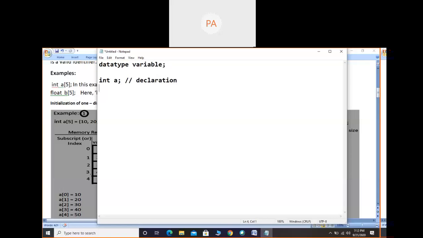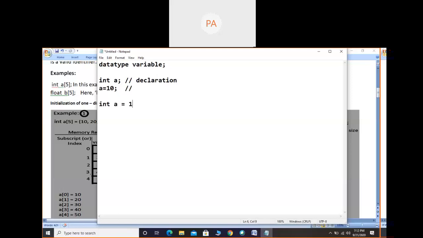At the next line also you can write the value in this way. Two statements I have written: declaring the variable, and initializing the value. At this point you can say we are giving an initial value. So those two statements can be combined by using this statement.